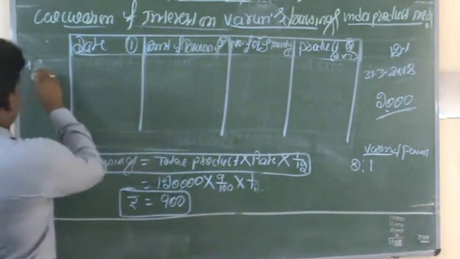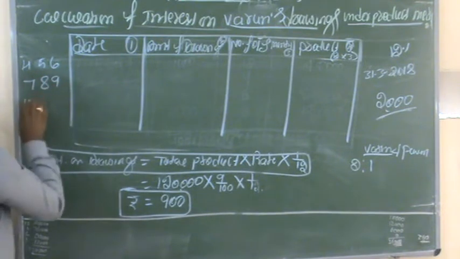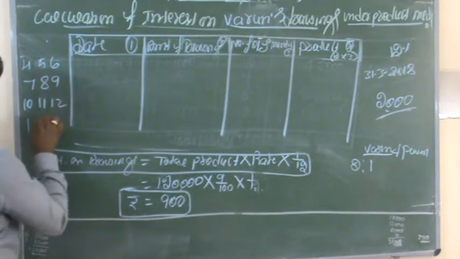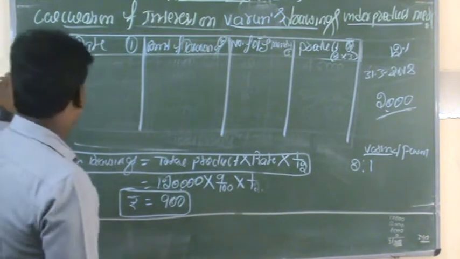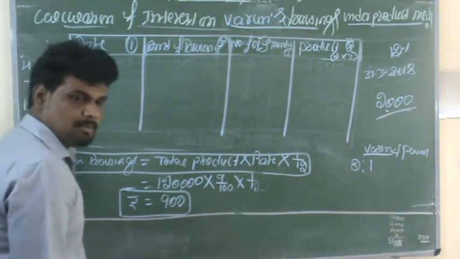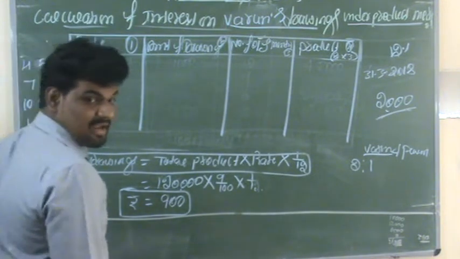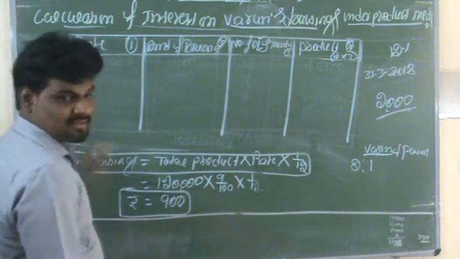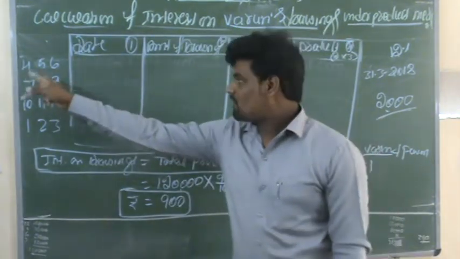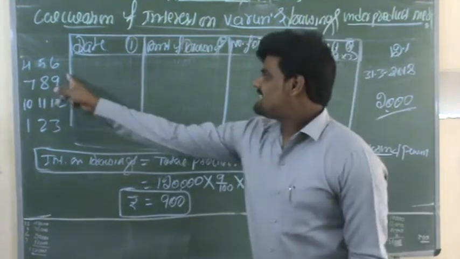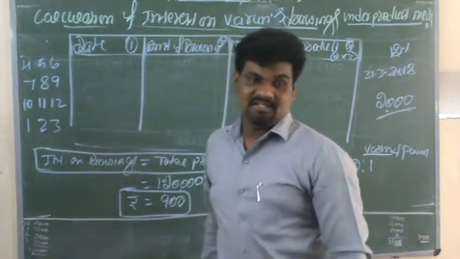1/4 means April. 4, 5, 6, 7, 8, 9, 10, 11, 12, 1, 2, 3. This is the total number of months in a year from April to 31st March. The beginning of each quarter is the month 4, 7, 10, 1. The end of each quarter is the month 6, 9, 12, 3. Easily we can ascertain this by applying this calculation. So there are 4 quarters, and 4 quarters equal 1 assessment year.